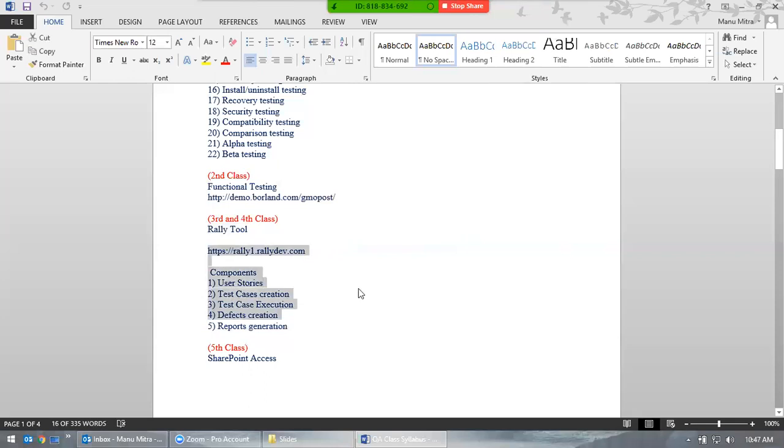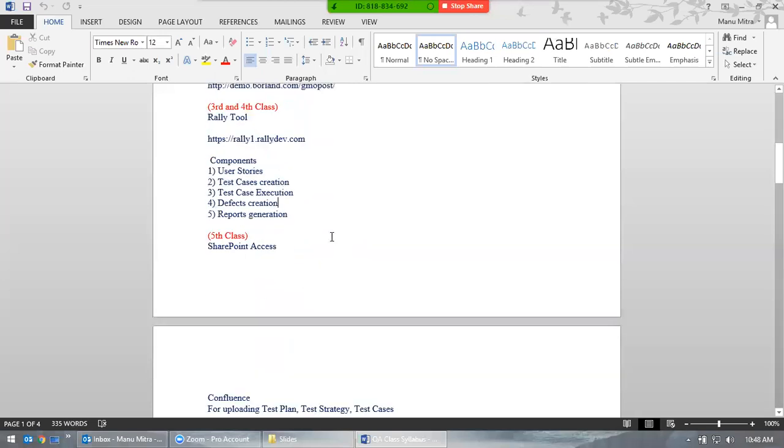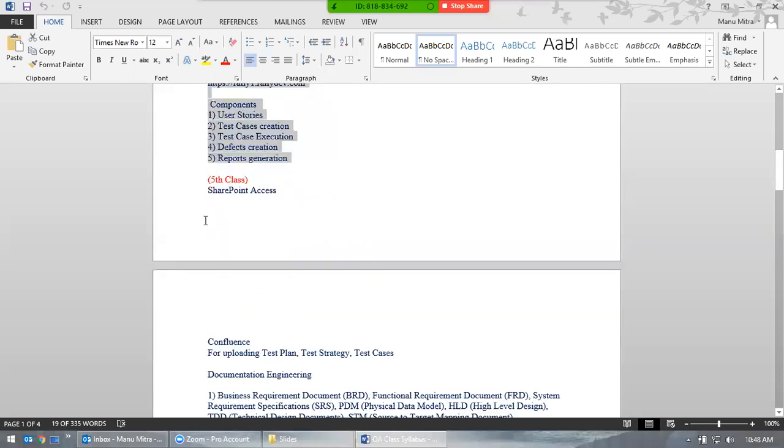Rally is for Agile, and there are so many tools, not just Rally. You have HPALM, ClearQuest from IBM, and Team Foundation Server. We'll talk about Team Foundation Server at the end of the class. And there's the Jira tool. So there are a lot of tools, and those are called test management tools. As a QA, that is the only tool we will be using; other than that, everything will be manual. You want to understand what all those contain. So that's about Rally. SharePoint.